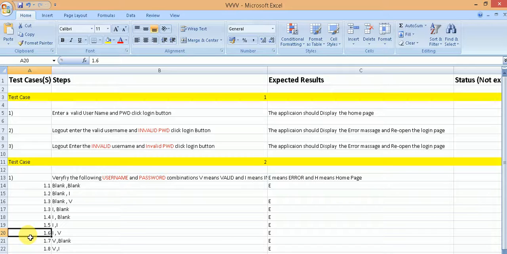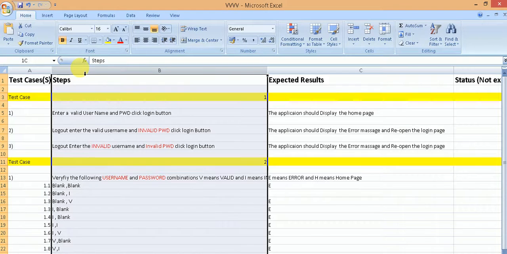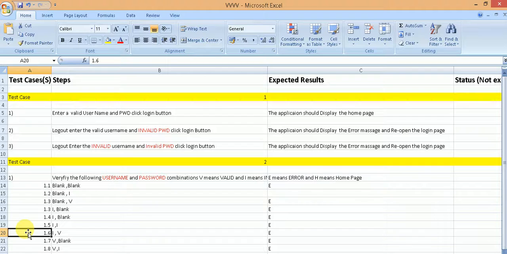So I recommend that you use this particular approach to cut down on your effort and your time of writing the test cases, because test cases are written before testing is executed in many cases, because they serve as a guide, they serve as a record of what actually was tested, and also they help to aid the memory later on.